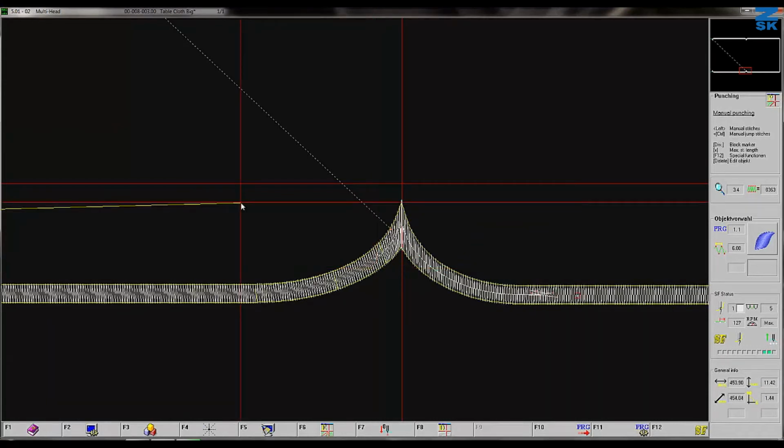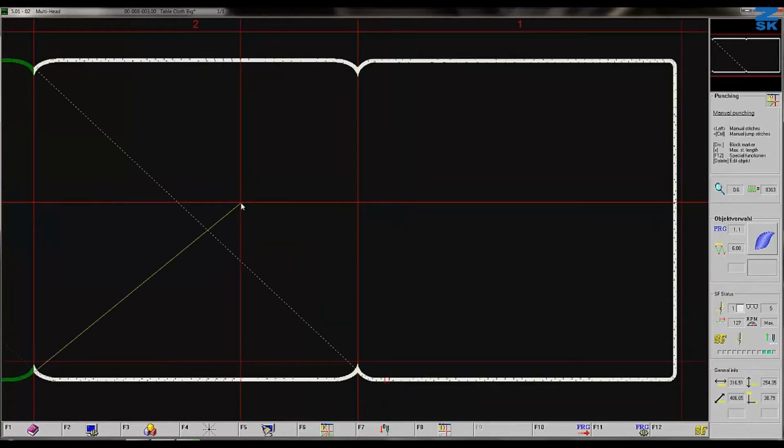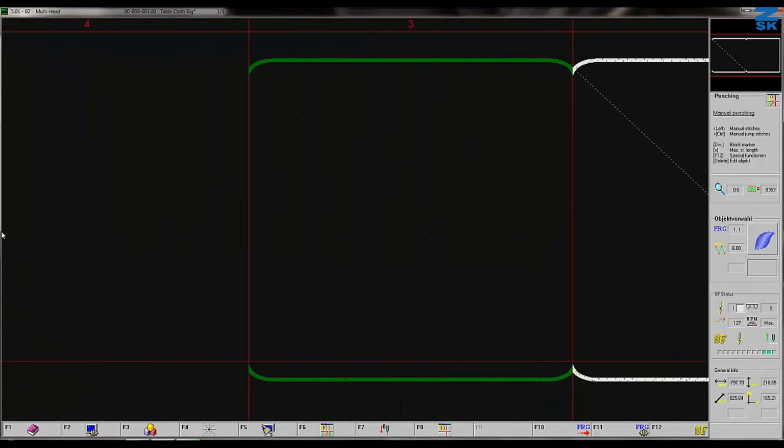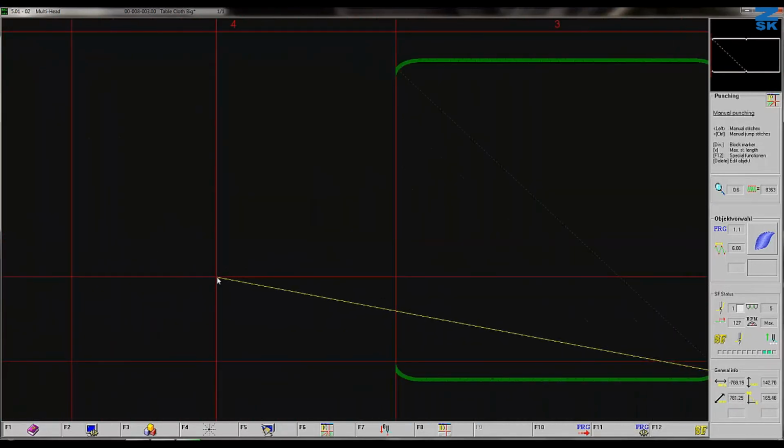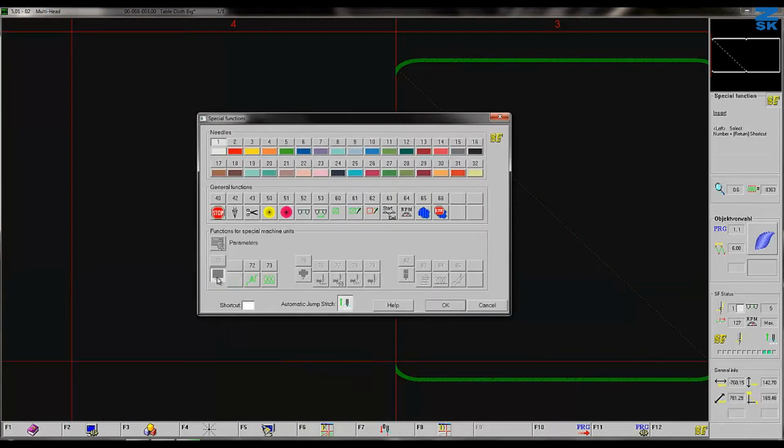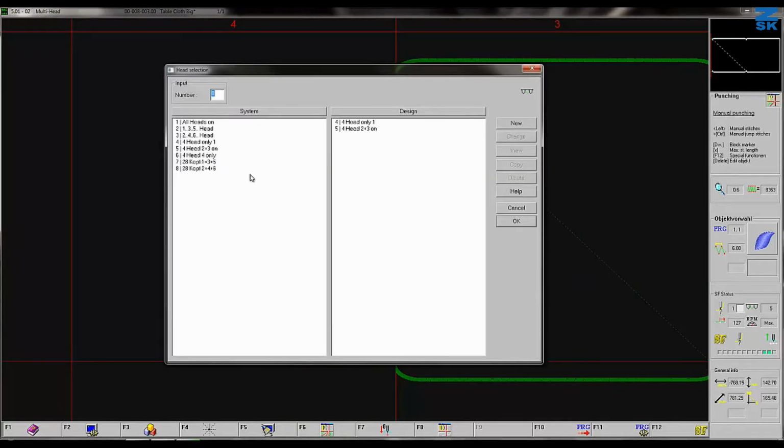The next step is to create the border for head number 4. In this case I will zoom down so that we see the design. I will scroll now to head number 4. Here we are. I have to open once again the special functions, choose head selections, and take the head selection for head number 4